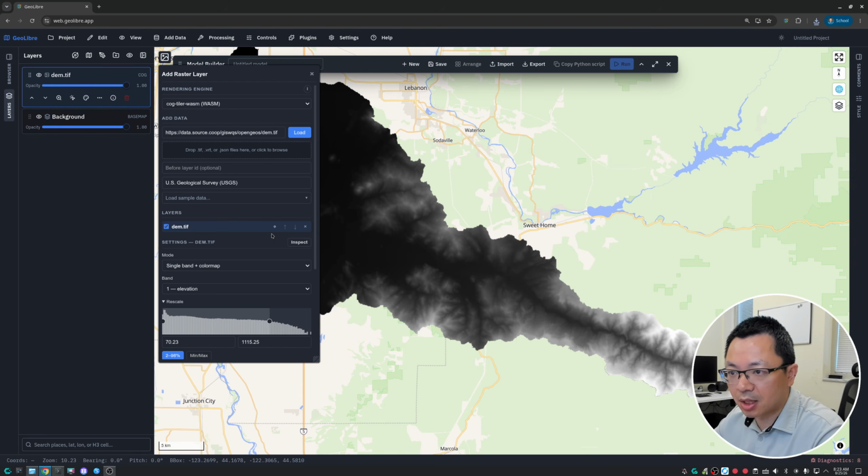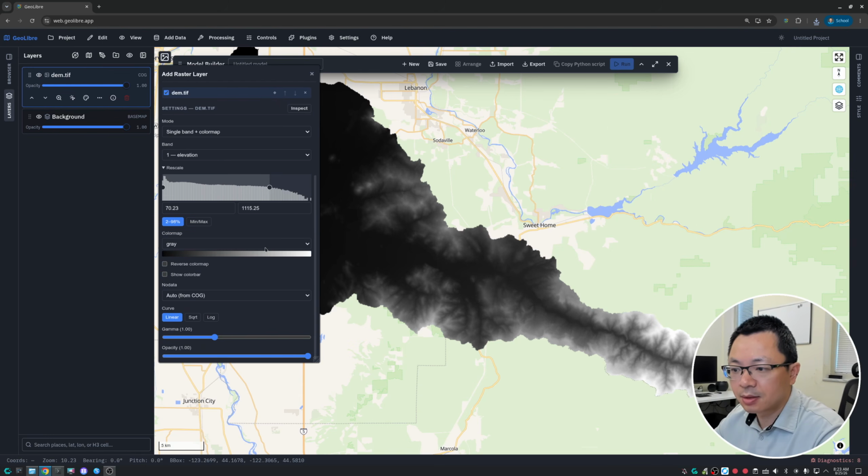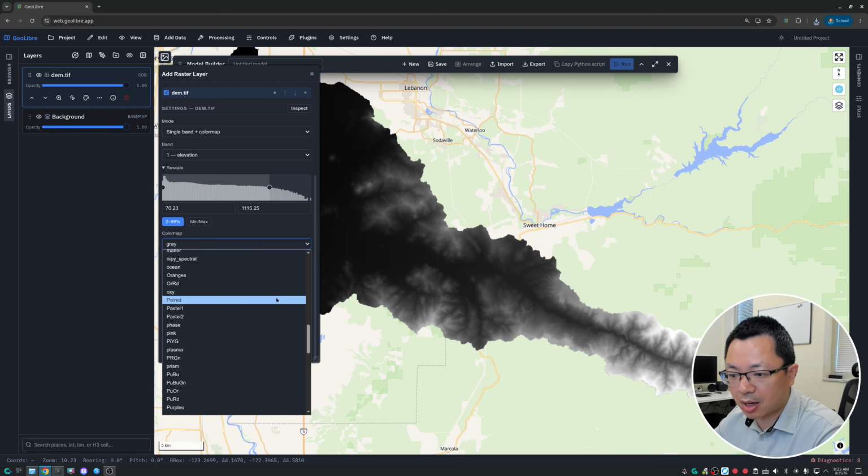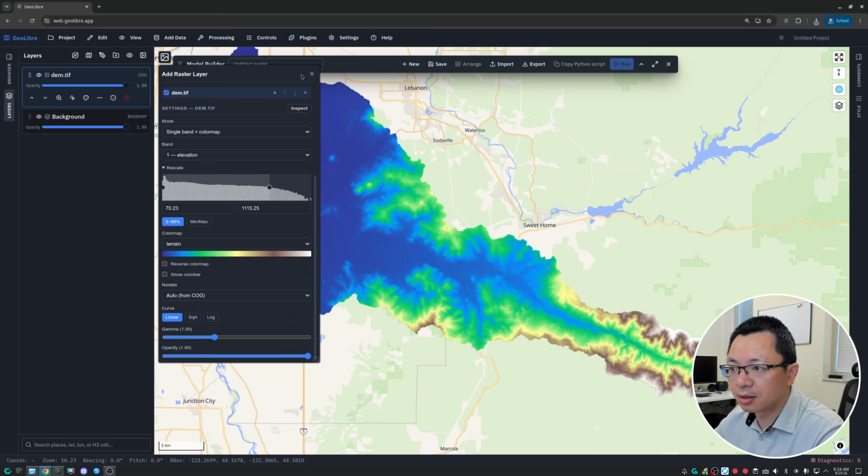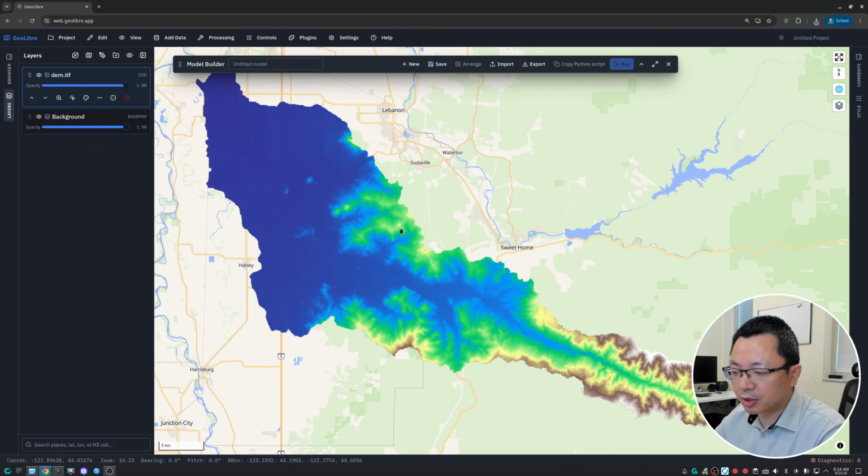So this is a DEM in the Oregon state in the United States. Then you can change the color map. I'm going to use the terrain color map here. Okay, and so if you're doing hydrology, usually you need to extract, for example, the stream network. So you need to calculate the flow direction. You need to fill the DEM first. So you create a depressionless DEM, and then the flow direction, flow accumulation, and then you set a threshold to extract the stream network as a raster, and then you vectorize the raster, and then you end up with a stream network that's a vector